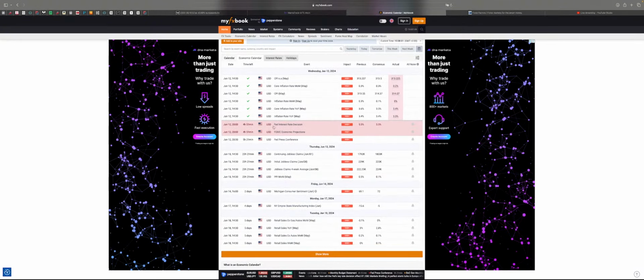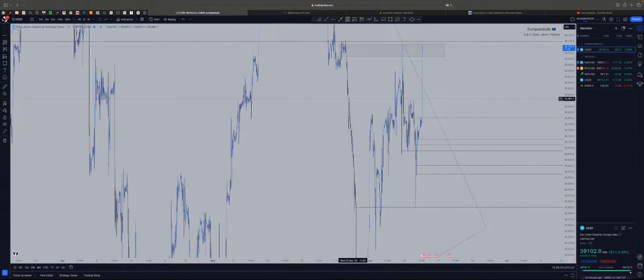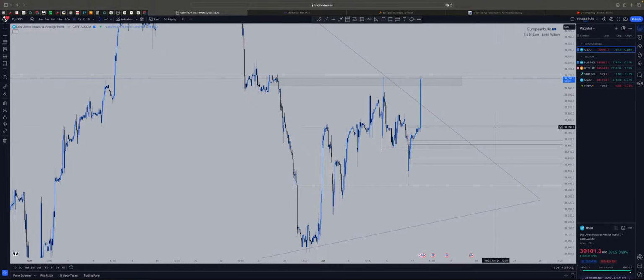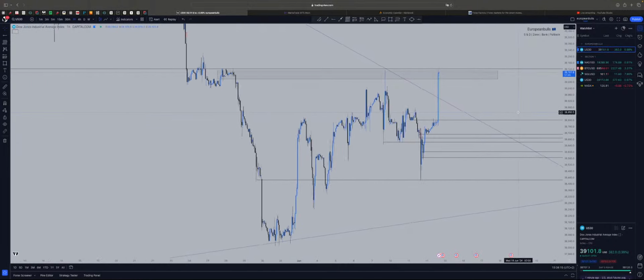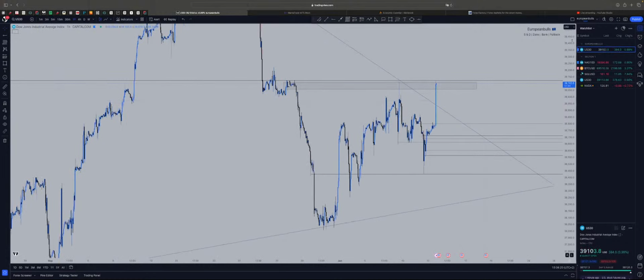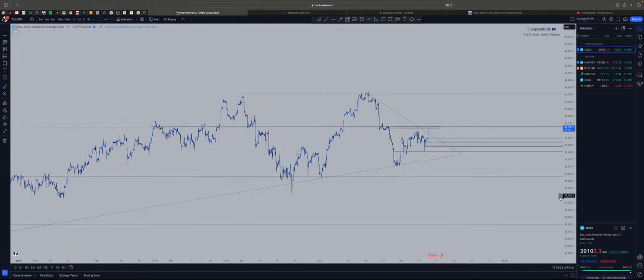You can see here the Fed rate decision and the FOMC economic projection, and apart from that there's a Fed conference. So the market is going to show a lot of uncertainty, and volatility and volume are going to kick in. So let's start again with the analysis of US30.